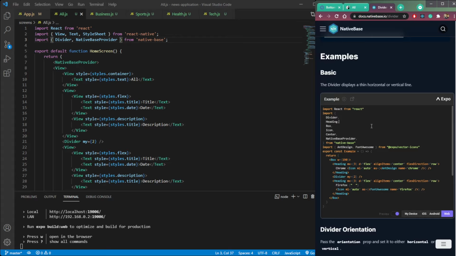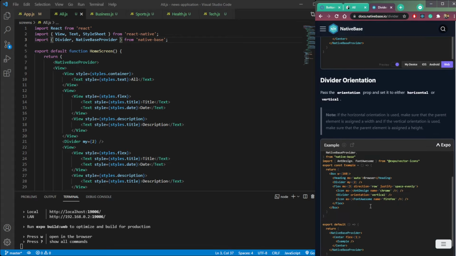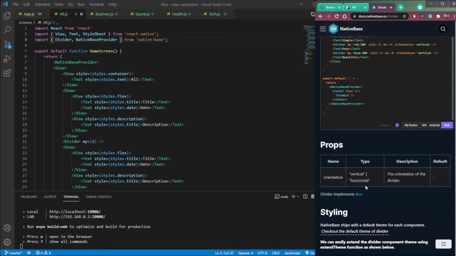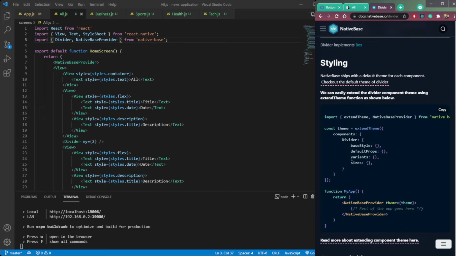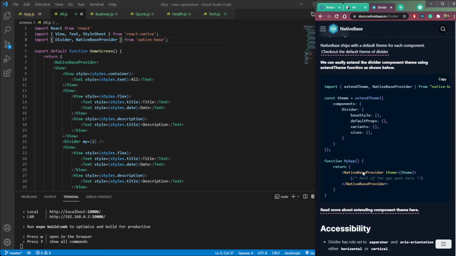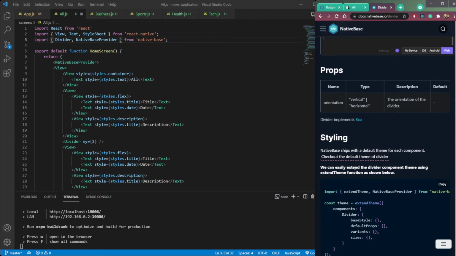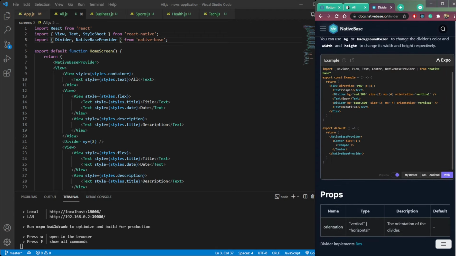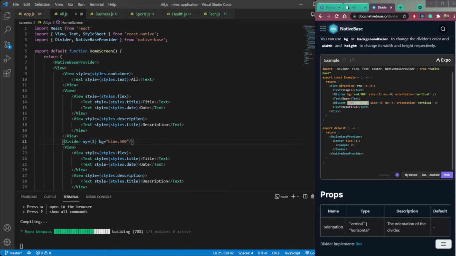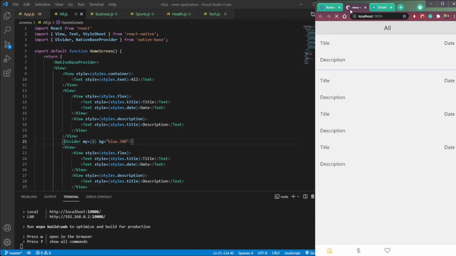So let's check how to change the color here. So go down, composition, props, styling, sizes, how to change the color. So we can just use this bg blue 500 to change the color. It will turn to blue. Now you see it's blue, but we need black.